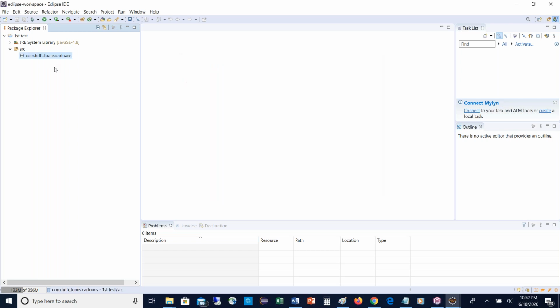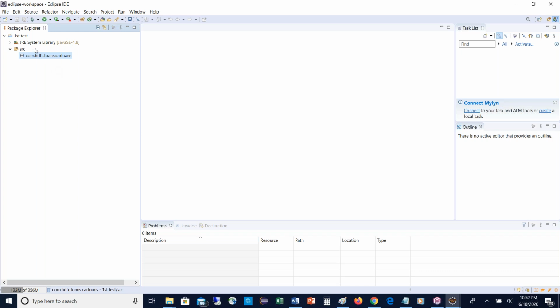See, package came. Can I create more than one package in a single project? Friends, can I create more than one package in a single project? Can I? Yes or no? Yes, sir. In our API documentation, we have seen in the Java API docs that in a Java project, a number of packages are there. Yes, we can create more than one package.